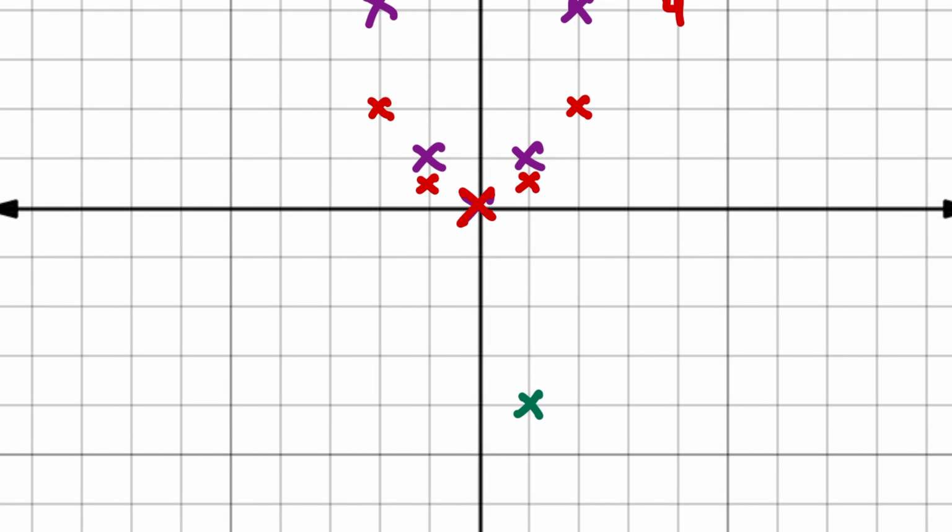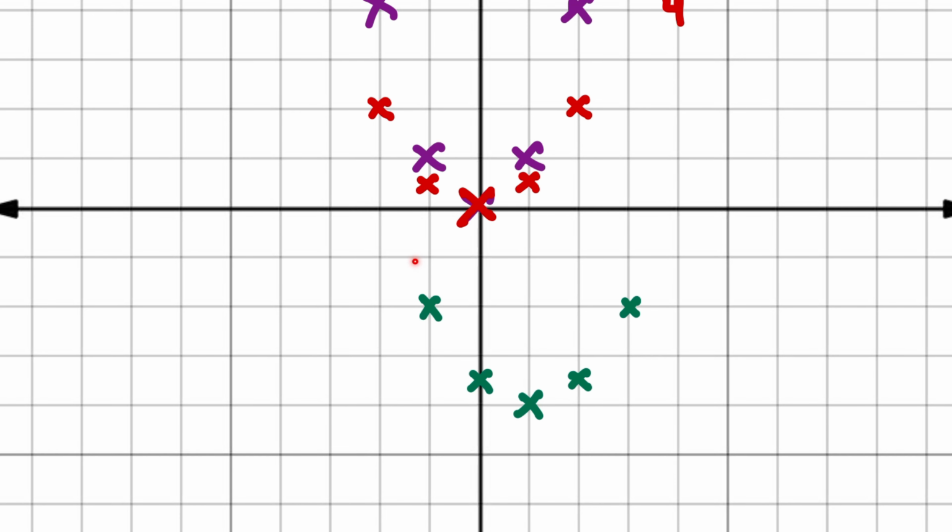Do it for the rest of them. 1 to the right, down 4. 1 to the right, down 4. Notice how if I'm at 0.5, I should end up at 0.5 again. And then the last points, 1 to the right, down 4. 1 to the right, down, whoa, no, not there. That would be here. Notice between this red one here, right, and this green one, the shape is identical because